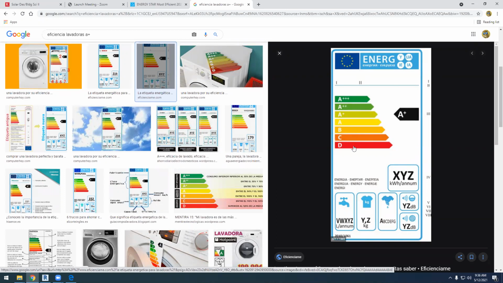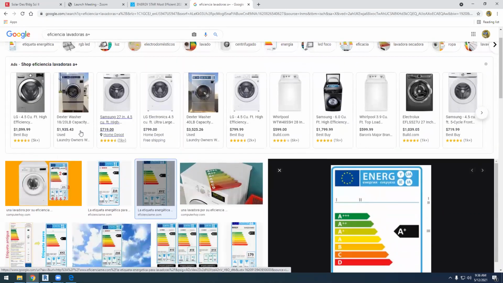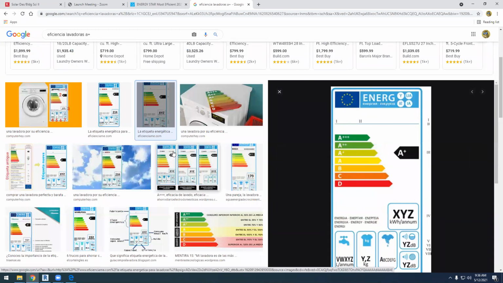I don't know. Anyway, if we look at this, the European manufacturers of electric devices, they are forced to provide us with this brand. Okay, so we know what we are buying. So we can talk to the client and we can say, okay, so you want an A plus. Yeah, but an A plus plus plus would be better. Yeah, but how much does it cost? Okay, so that happens with computers, washing machines,